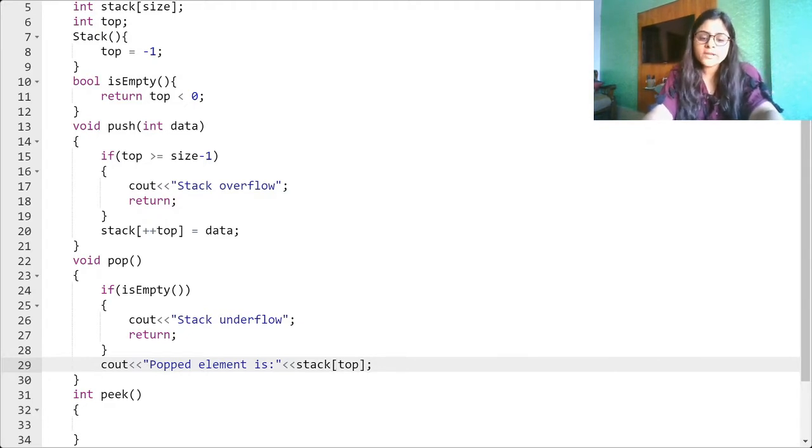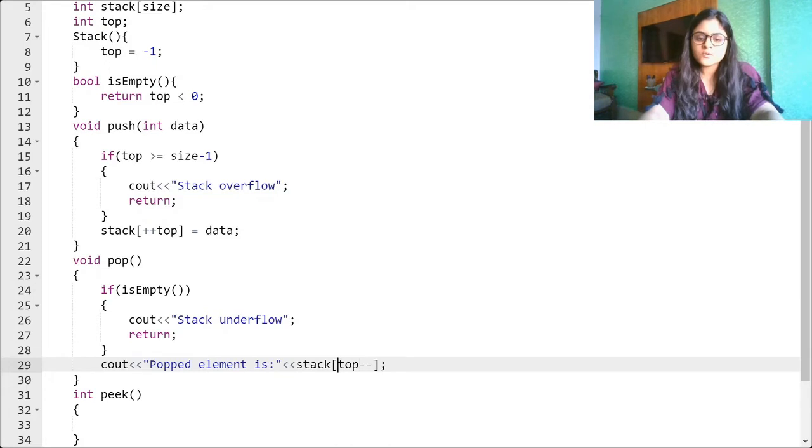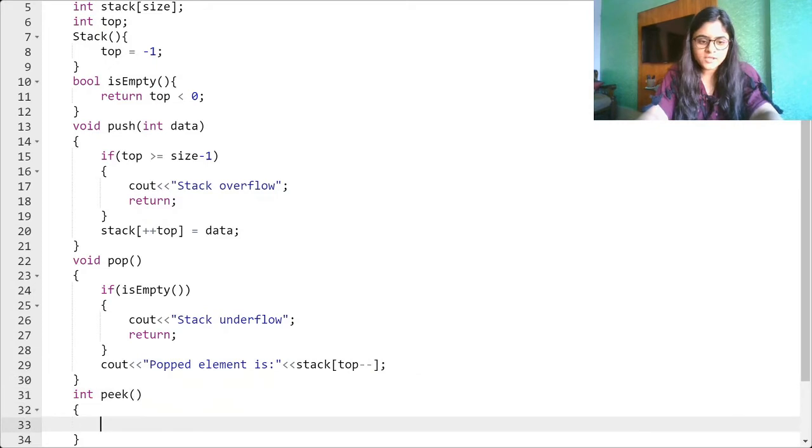Now what you need to do next is decrement the top. That is, you need to now store one index less than whatever top was. So either you can do top minus minus, or we can just write top minus minus here, because this will first print the top element and then decrement it. It's fine. So this has just saved us another line of code. So yeah, this is my pop function.